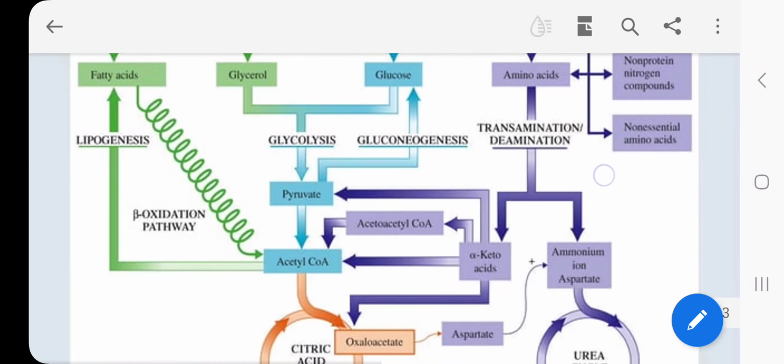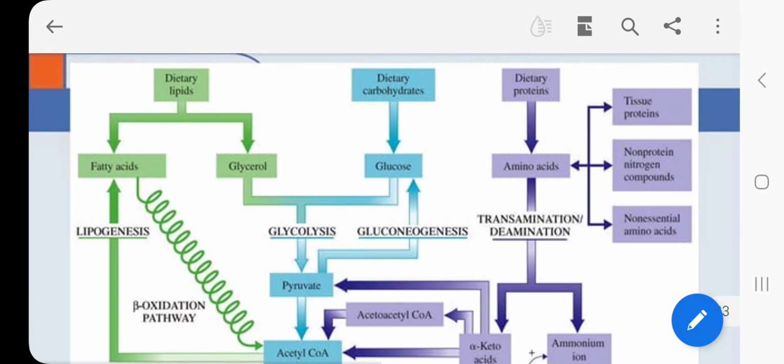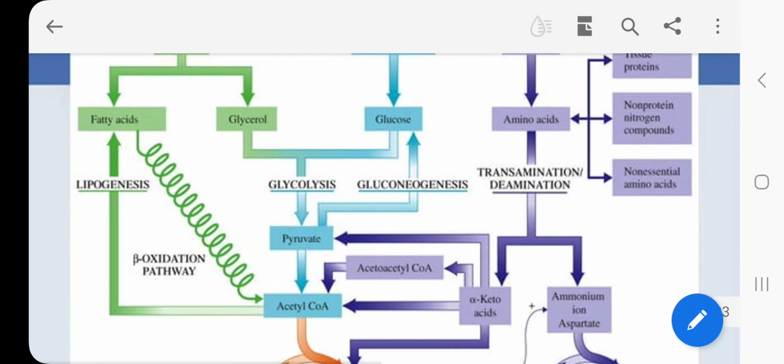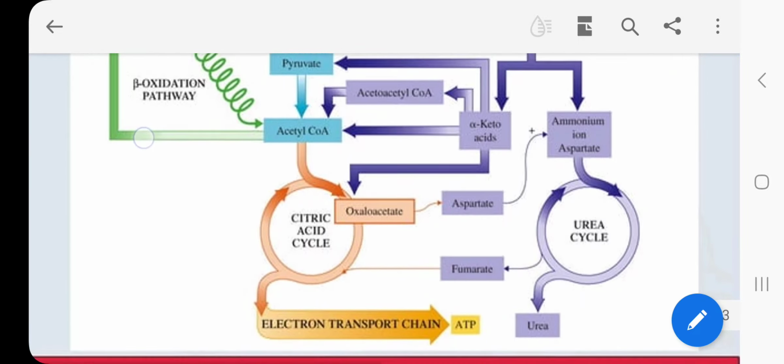Same with this illustration. It's just depicting that kailangan nyo ng dietary lipids, kailangan nyo ng carbohydrates, dietary proteins. From these three, you can form fatty acids, glycerol, glucose, amino acids. From this phase, na-form ang different energy and essential biochemicals through lipogenesis for fatty acids, glycolysis for glycerol and glucose, gluconeogenesis naman kung pyruvate to glucose, transamination or deamination from amino acids,